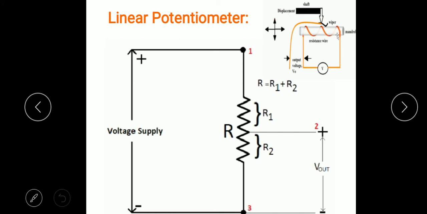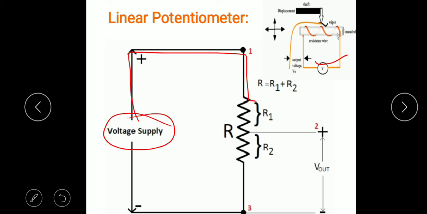The same structure is here. Now you understood the actual construction. Now here is the input voltage. This part is the input voltage, and there are positive and negative terminals. The positive terminal we have taken here and connected to the resistance R. So this whole portion has the resistance R.